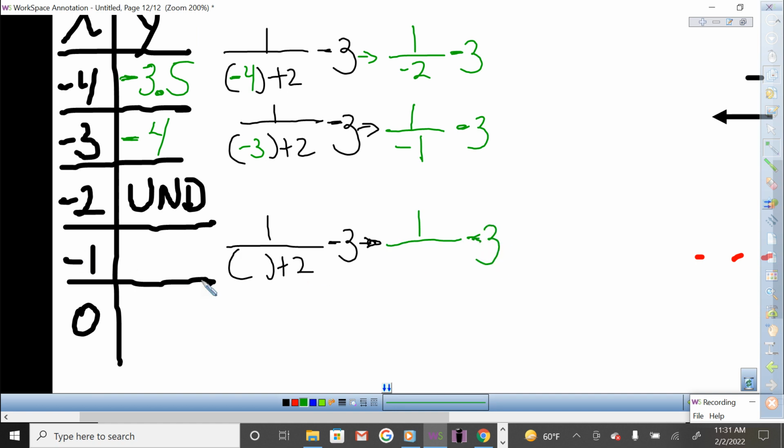All right, let's see. Next value is negative 1. What is negative 1 plus 2? 1. So what is 1 over 1? Minus 3, negative 2, yes. And last but not least,